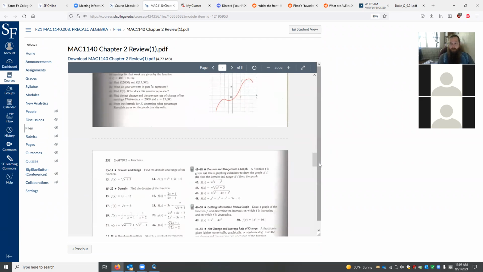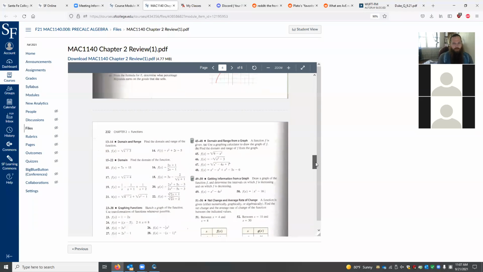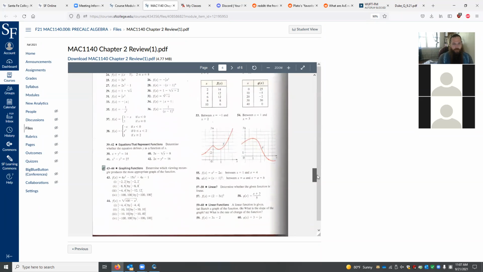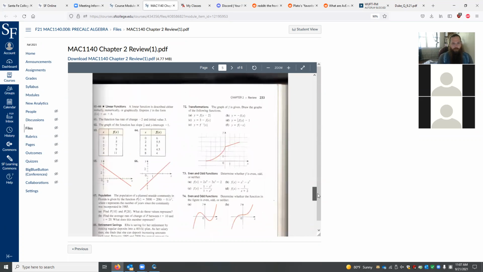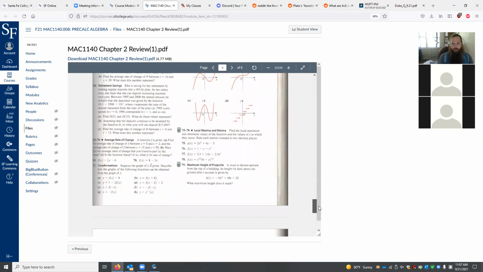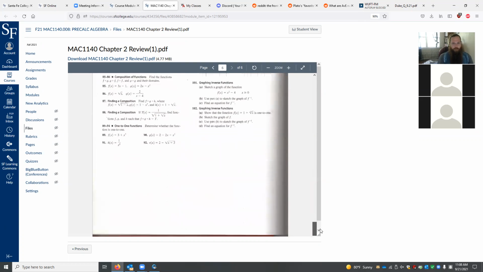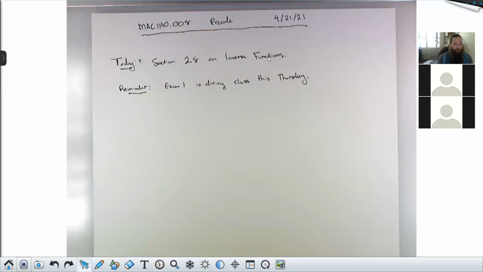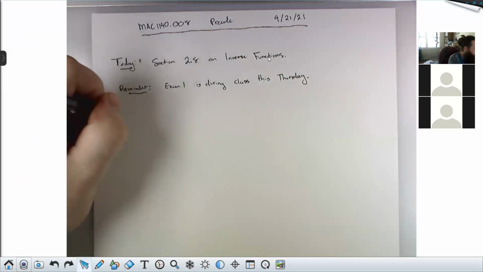Of course, our test is going to cover chapter 1 material as well, but that is all intended to be review. So if any of the chapter 1 material is giving you a hard time, I can try to provide you with extra study material for that. But this is the textbook's review for chapter 2, which is definitely the bulk of the test. So feel free to play with these problems. If you're stuck on any of them, you can bring them by office hours. We can talk about them in Canvas messages or on Discord. Happy to do any of those things. But without further ado,